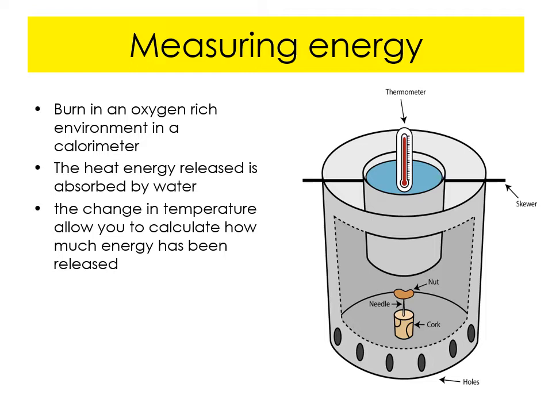And it's very simple. There is a reservoir within the kit with a known volume of water. As the organic matter is burnt inside the kit, the heat energy released is absorbed by the water, and the temperature change can be used to calculate how much energy has been released. So that's using the constant, which is our specific heat capacity of water. You don't need to know the formula or anything.